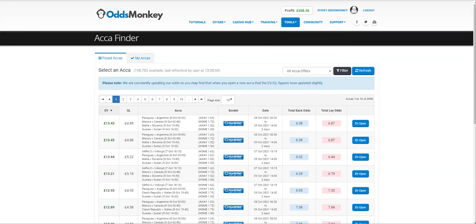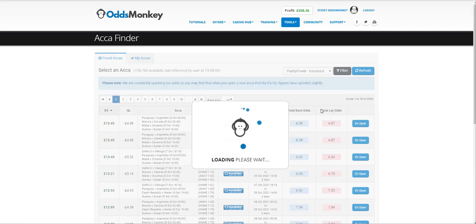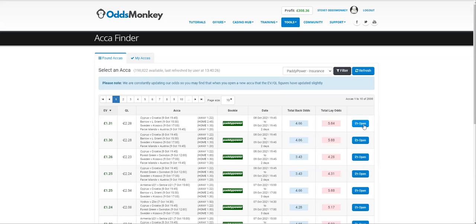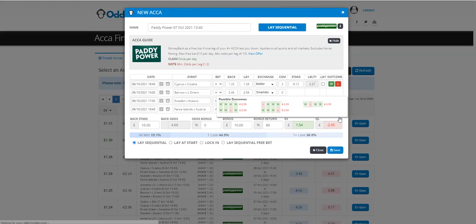What I'm trying to ask is, when you show all combos, does it give an equal weighting? I don't know the exact answer to that, to be honest. I don't think it's necessarily an equal weighting, and I believe that the actual maths is a very closely guarded secret. But if I open up this Paddy Power example, because that's one we started with, and go to the possible outcomes here, in fact, if I change it to lock-in and we go to the different outcomes, if all 4 teams win, that would be our profit. If the third team loses,